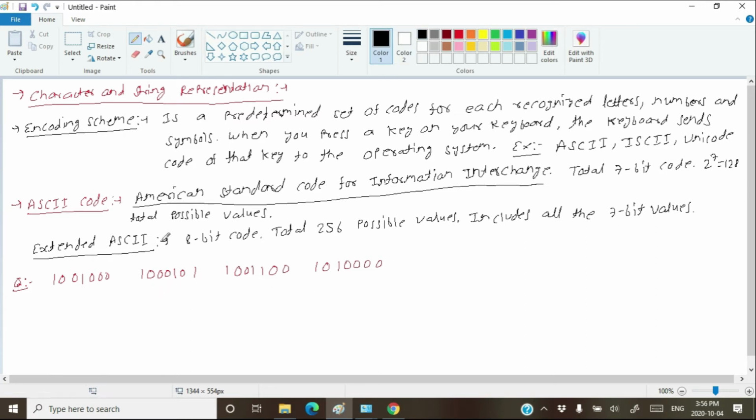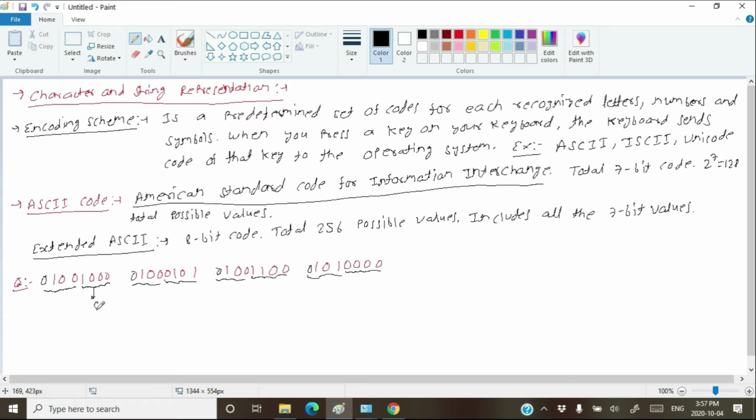What you do first is convert all these ASCII codes into hexadecimal. All these are 7-bit ASCII, so group them into 4 and 4 bits, adding an extra 0. Keep doing it for each one, and find the hexadecimal number for each 4-bit group.